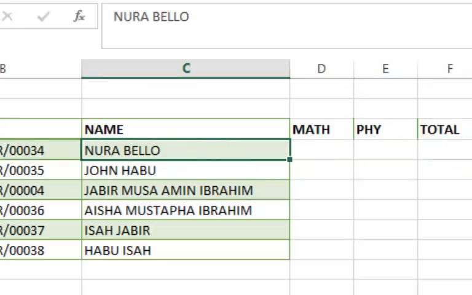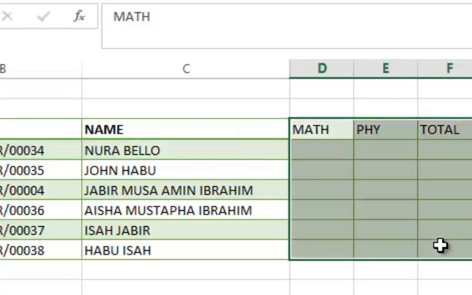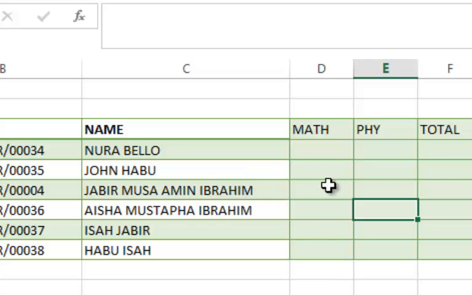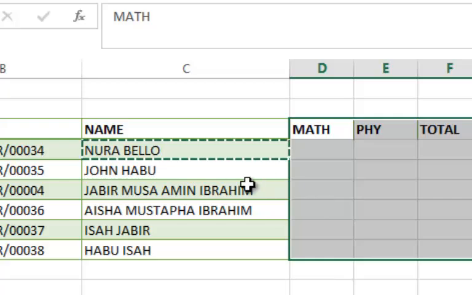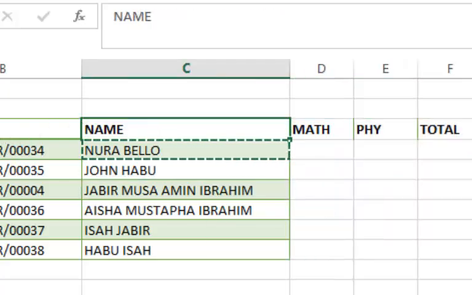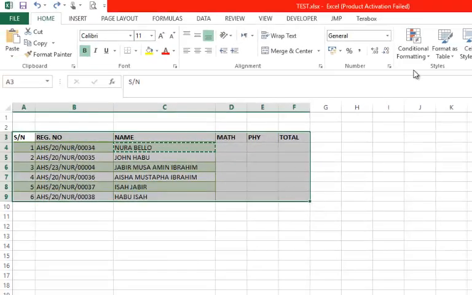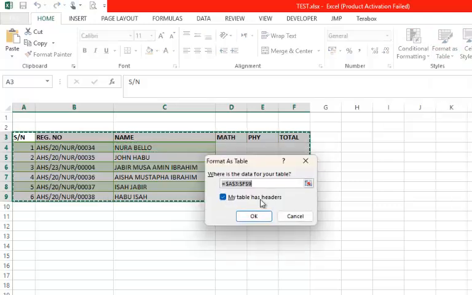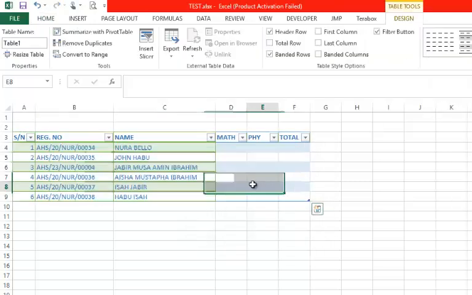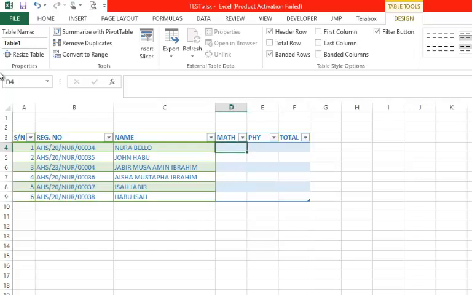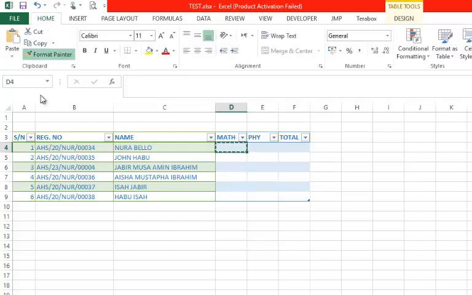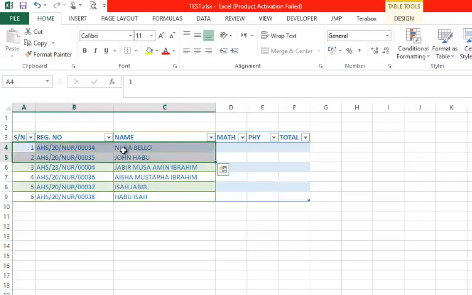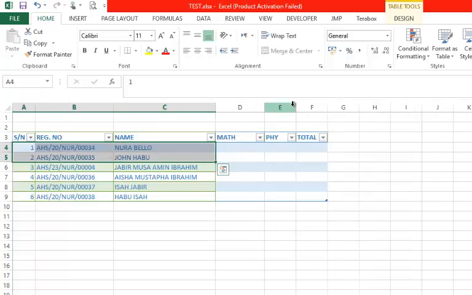So we copy this particular property, we select, and we can apply it to this one, even though it's not the same thing. So let me just undo again. Let me highlight the entire table and apply table formatting. So now, after doing this, what we are going to do next is to put our scores for both mathematics